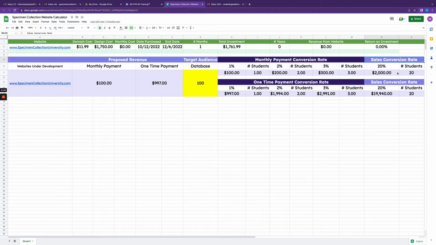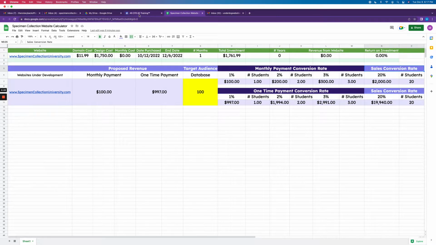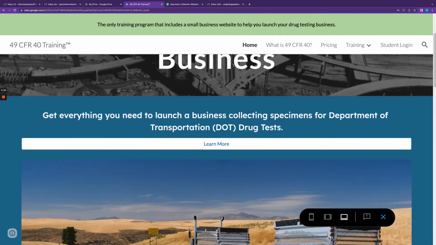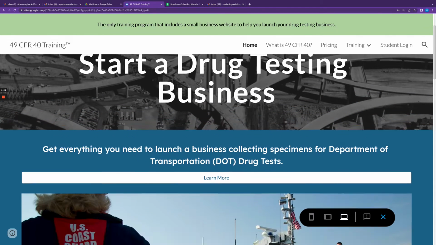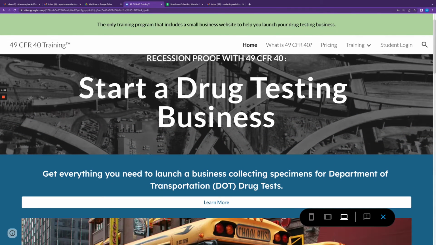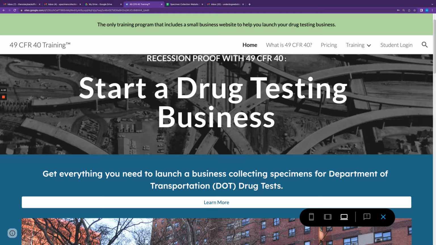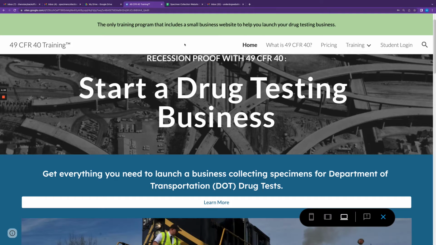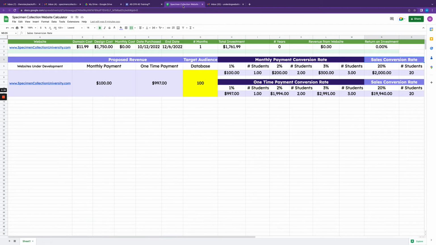However, I'm not going to pay too much attention to that because this is not yet a proven website. I still have to get out there and market it and get myself enough customers so that I can actually see what my conversion rate is going to be. So I'm going to make sure I'm conservative. Now, I've been in sales long enough to know that if you do it enough times, something will happen. We just don't know how many times we need to do something before we get somebody to purchase a website.